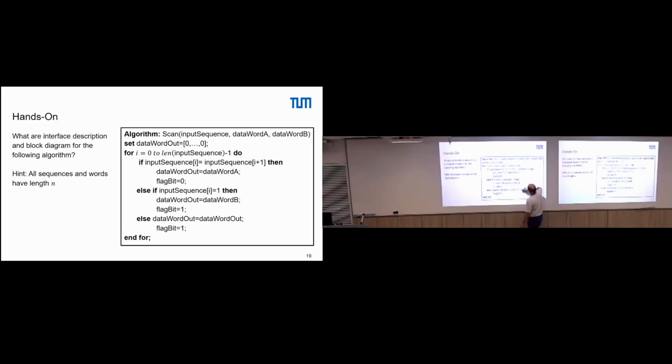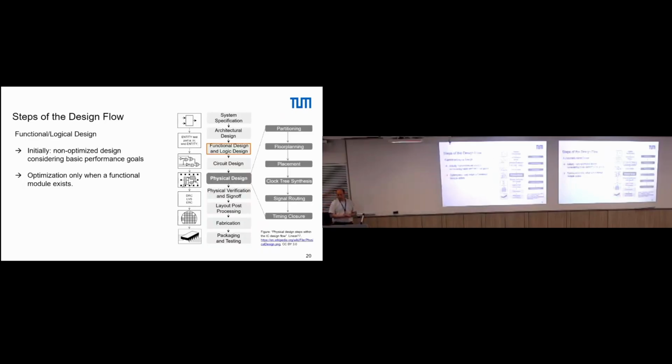So I just remove this and we go to the next slide. We start here usually with a non-optimized design. So you start with something that you can just develop, let's say, in your head. Optimization usually comes later because optimization means most of the time that your design gets